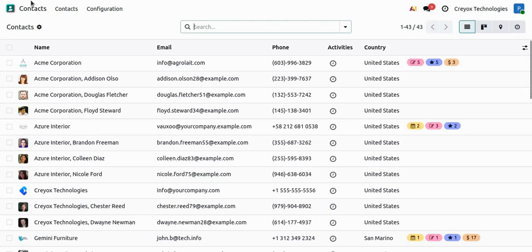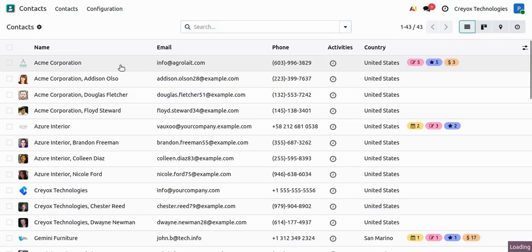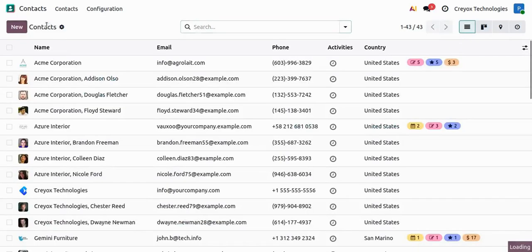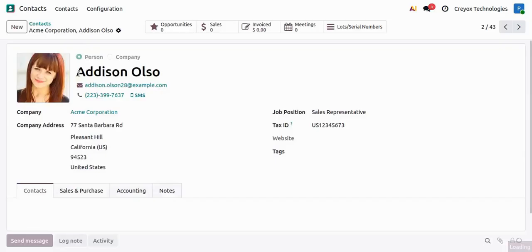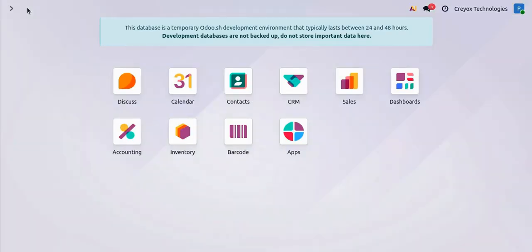if I go to the contacts, open it, I will be able to see that now I am not able to make any updates in the contact. No updates can be made as this user has no access for the updates. Then the next thing is restrict delete, which will not allow the user to delete the record. Like if I save the changes and go back and refresh the database,